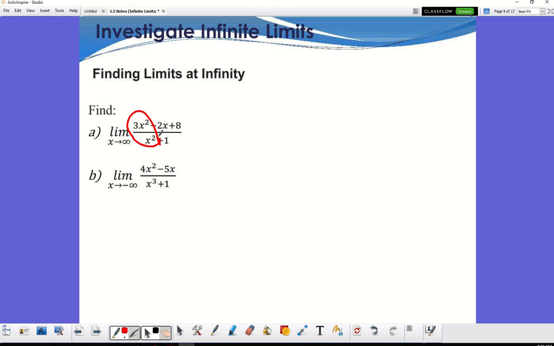When we're approaching infinity, all this other stuff just goes away. In the bigger concept, even though this says plus 2 times infinity, right? It's still insignificant compared to infinity squared. So all you have to do is look at the leading coefficients if I have a common degree. Do they both have the same degree? Yes, they both have x squared. So let's take a look. It's going to be 3 times infinity squared over 1 times infinity squared. So my limit on this one is going to be